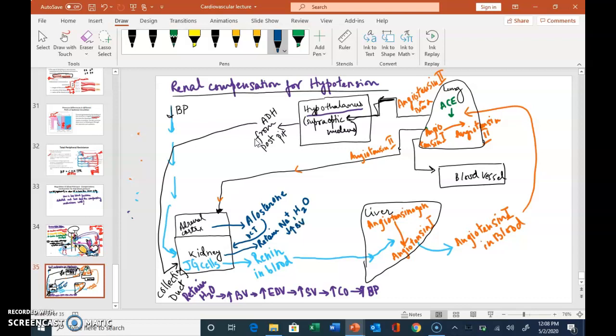That ultimately leads to increased blood pressure. Okay, so this is another compensatory mechanism for increasing blood pressure. Now, okay, angiotensin 2